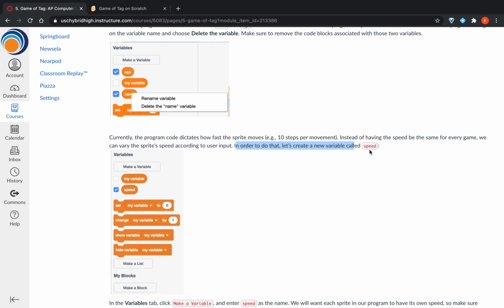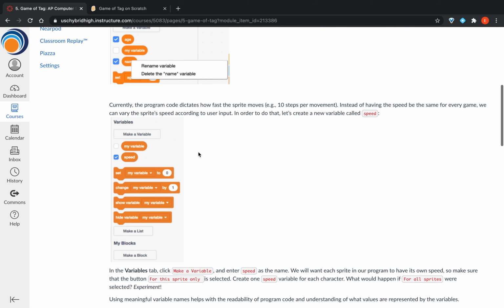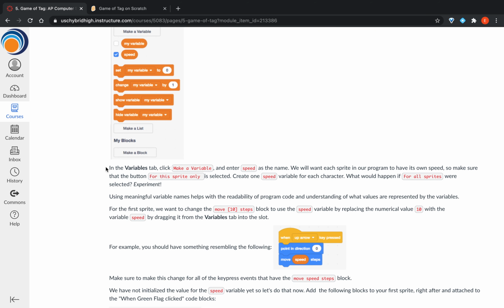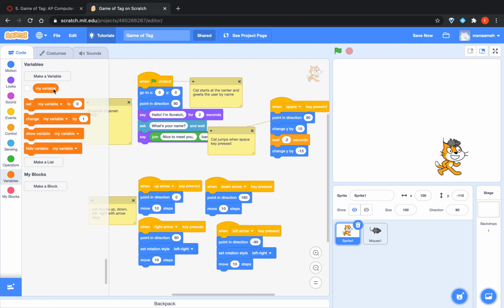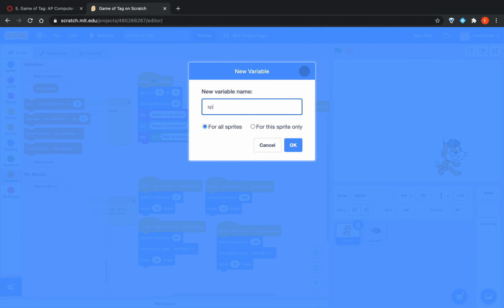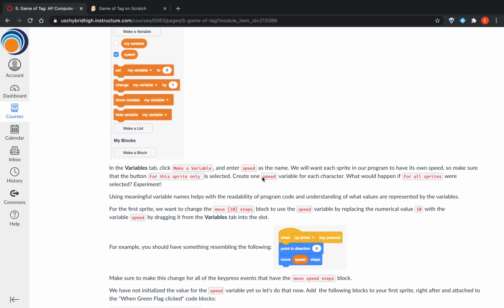In order to do that, we're going to create a new variable called speed. So let's go make a variable called speed. And here are the instructions if you want to read them to yourself. So we're going to go make a variable, speed is the name. And before you click anything, let's read carefully. It says,